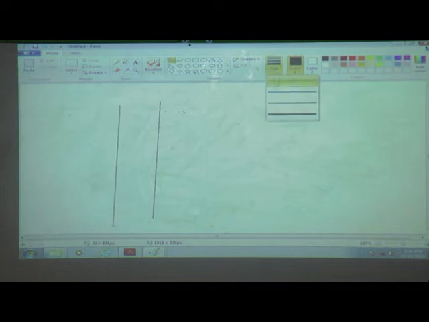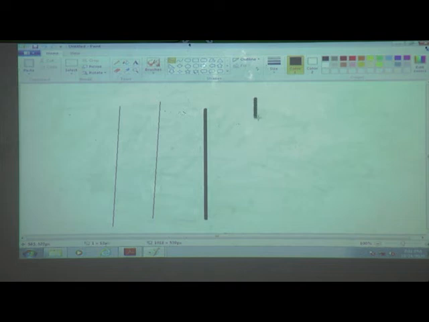Without pressing the shift key, now I will select the next one and I will press the shift key. Then you can see, if I press only the shift key, the line cannot be drawn. But press the shift key and then continuously press the mouse left button and drag the mouse, then we can draw the line. Clear?